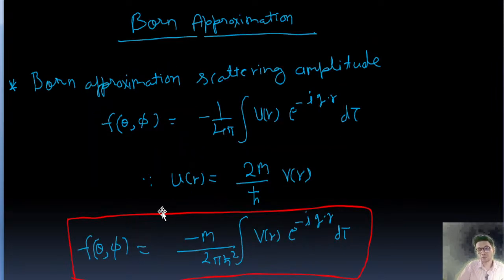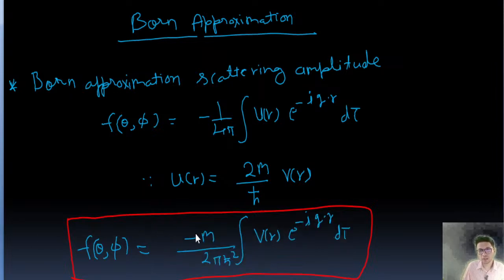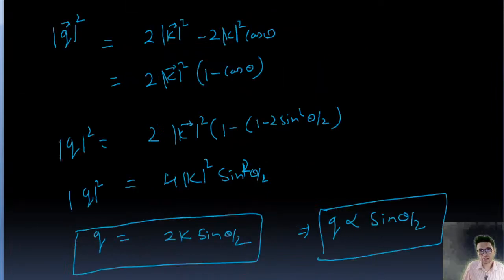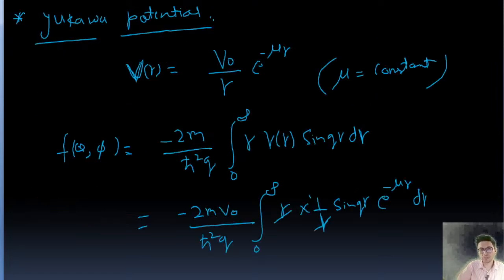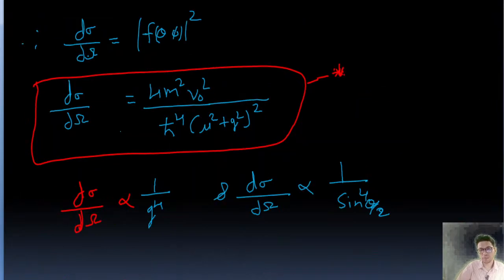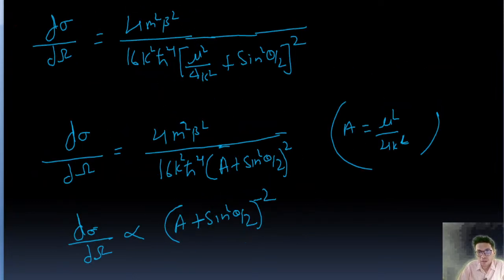There are two formulas for this f(θ). This is the first one, in terms of e to the power iota this, and then this is the other one. These two, and the third is the value of dσ/dΩ. At least these three formulas are very important. You need to note them down. Okay, next question is,